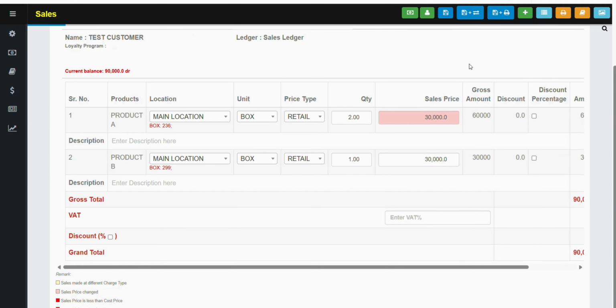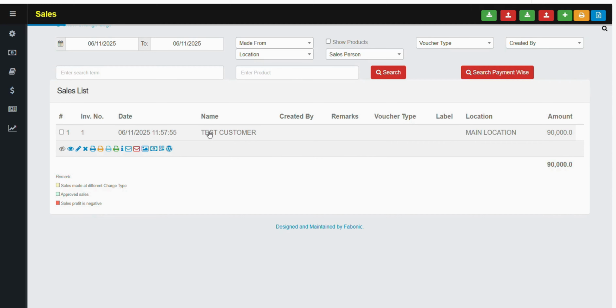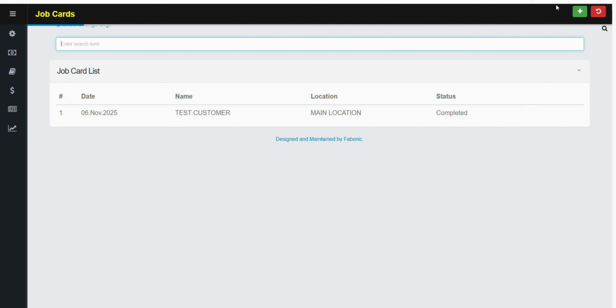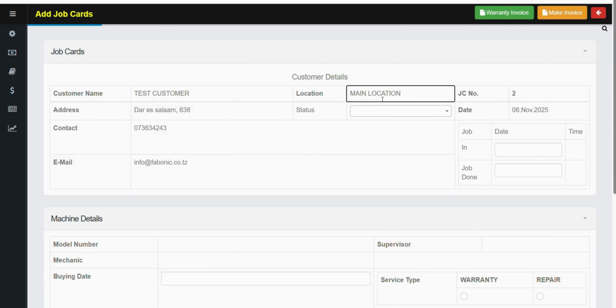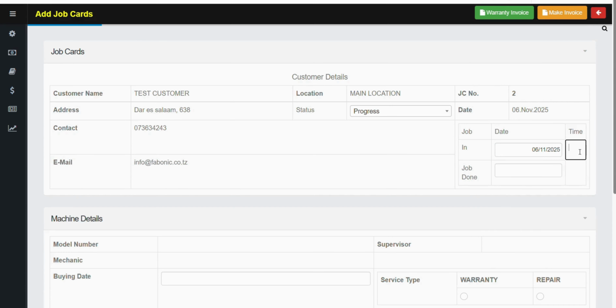If I want to see the list of all created invoices, I can just click here on this icon. For today, only this one has been created. I want to add another job card, whereby this time it will be a warranty job card. So I'll come here on the menus and I'll just add a new job card, and I'll select test customer again, main location, the status of job card is progress, the date in is this one, then